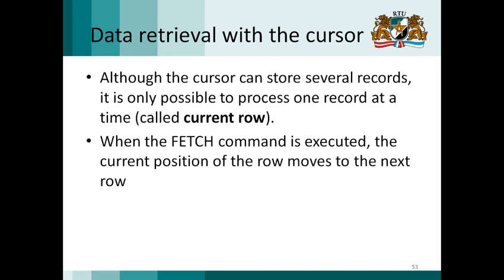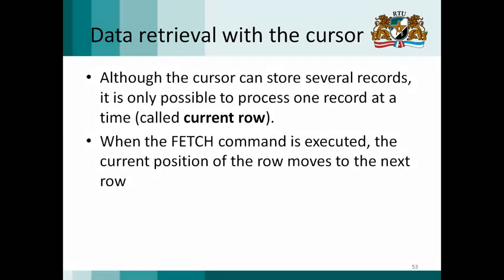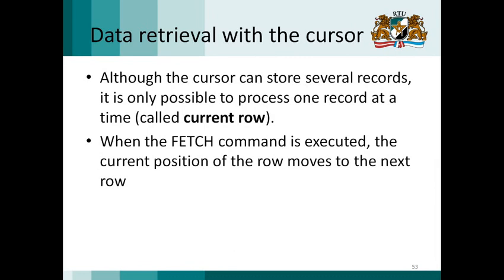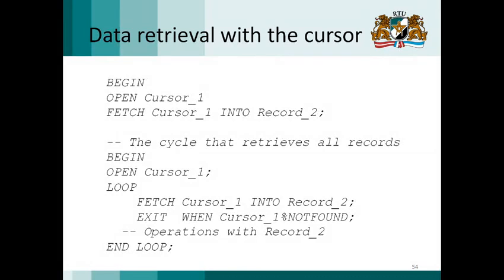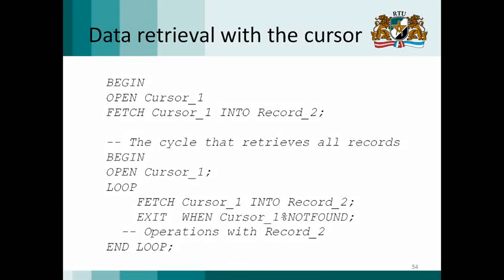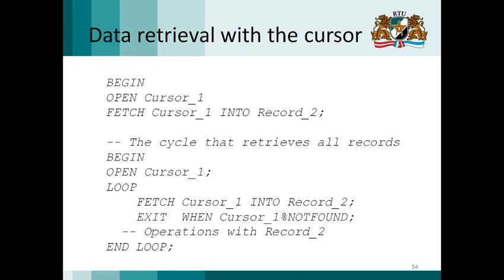For example, when we execute fetch, the position of the current row moves, in this example, to row 2. And we can process the next row. So to use these cursors, we usually also use some loops to retrieve all these values that are stored in these cursors. In this example, we can see that we have opened the cursor and fetch cursor 1